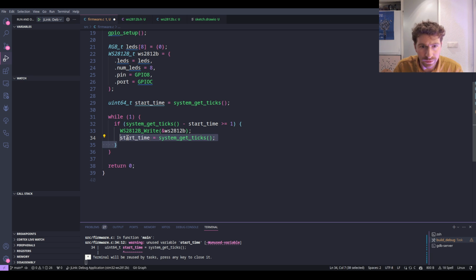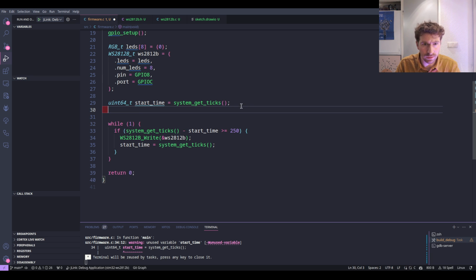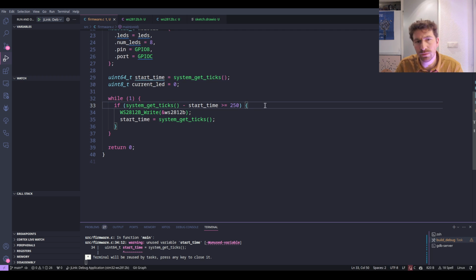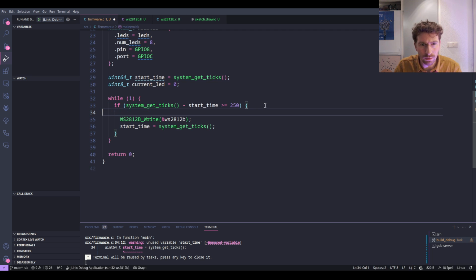So I think we'll do this every 250 milliseconds. We will write the current state, and let's keep track of the UN8T current LED. And what we're going to do is to say that every 250 milliseconds we'll just write the state of the LEDs, or rather we'll